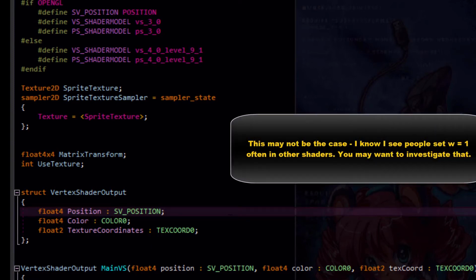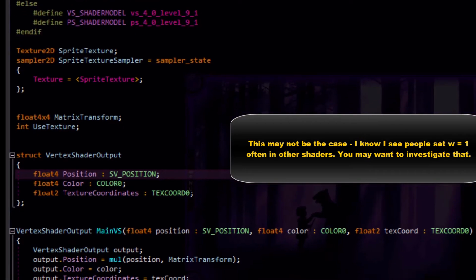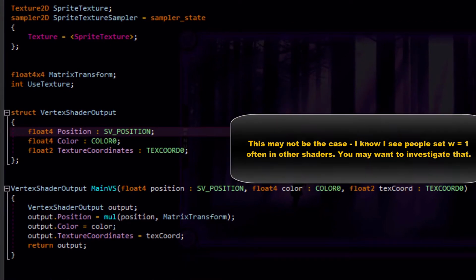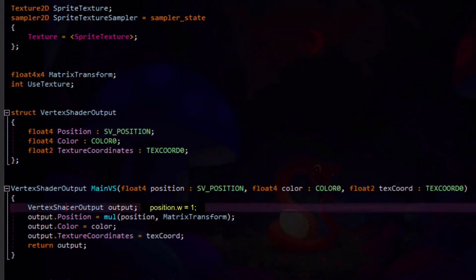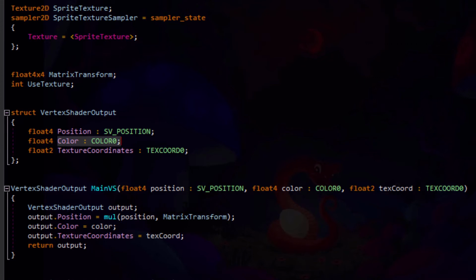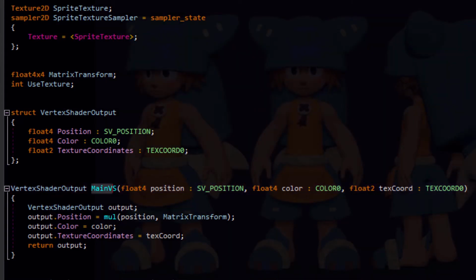I believe the W coordinate when it's passed in is going to have a 1 automatically in this case. Sometimes you actually have to put the 1 in your position on your own. You might want to double check that. But yeah, this is going to work fine for us. And the color is passed in next, and then the texture coordinates are passed in last. And you can see that I've matched it up to be the same way as in the inputs for the